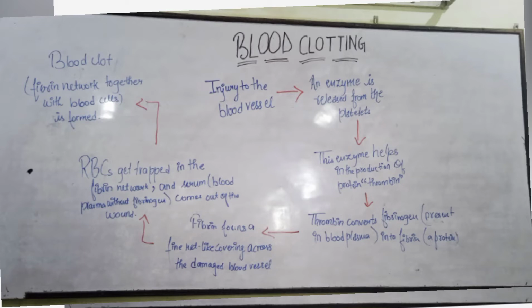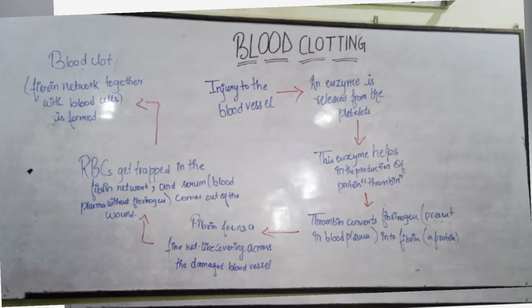Blood clotting. When an injury occurs to the blood vessel, we know that our body has three types of cells, the blood cells, which are the WBCs, RBCs, and the platelets. The cell which plays the main role in blood clotting is the platelet. Now what happens is that